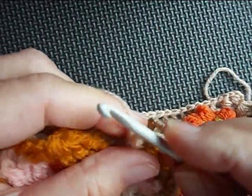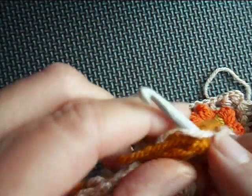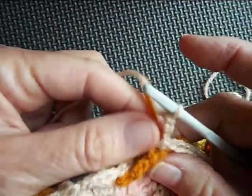Oops. Chain 3, 1, 2, 3, and we're going to do the same here. Just going to pop a single crochet into the top, then we're going to chain 3, 1, 2, 3,